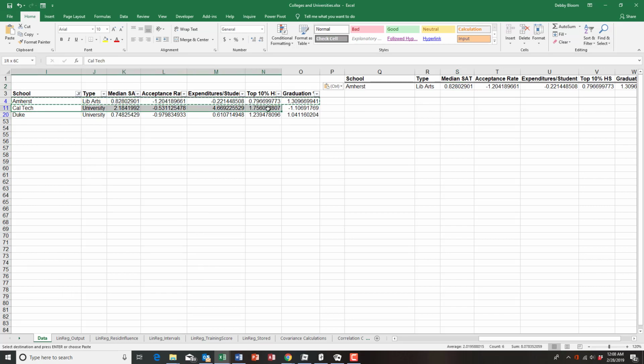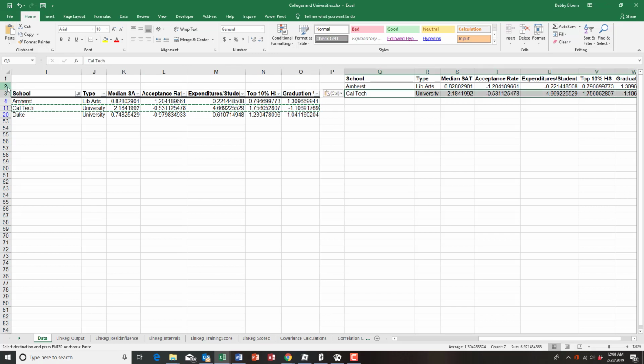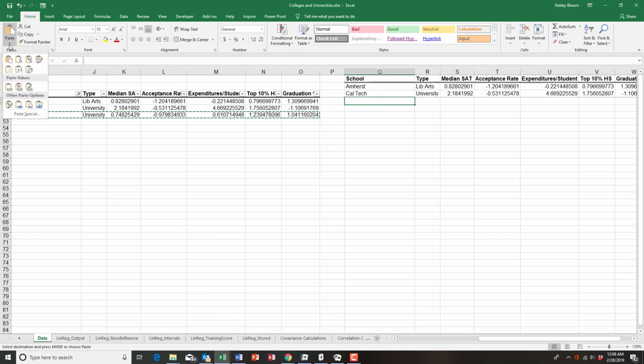Now I'm going to do the same thing for Caltech. I'm going to copy Caltech, click cell Q3, paste, and paste values, and the same thing for Duke. The reason why I can't select all three at the same time is because the list is filtered. So I would have to use a special command called select visible cells. So I'm going to copy Duke, and paste that using my paste special, paste values,